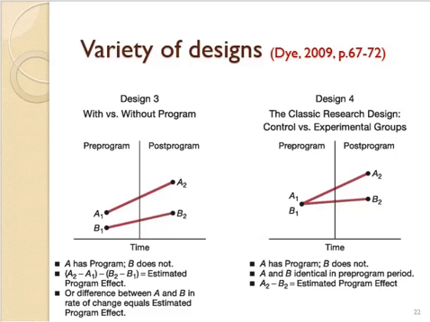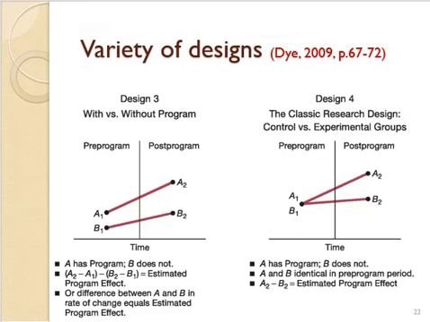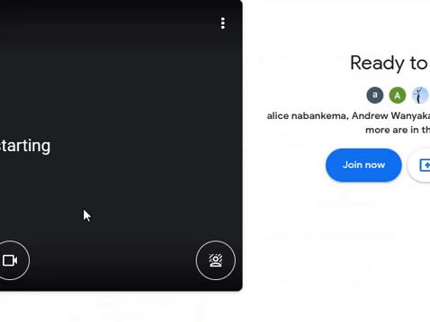In design 3 you have with versus without program. So on your left you have A1 and A2, and then you have B1 and B2. A has the program but B does not have. So to be able to estimate the impact of your intervention,